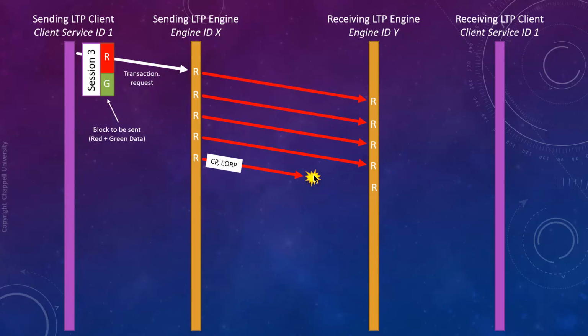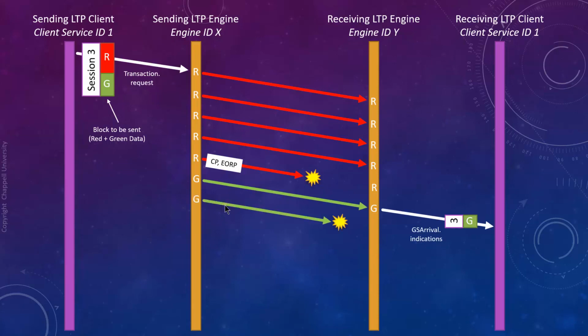But let's say that doesn't arrive at the target. We go on and we start sending the green part. So the green packets go across, but all of a sudden, one of the green packets doesn't make it across. All right, we're going to recover this red part data packet, and we're not going to recover the green part because green traffic is unreliable. So we have finally finished sending the whole block, and we can mark this as end of block here.